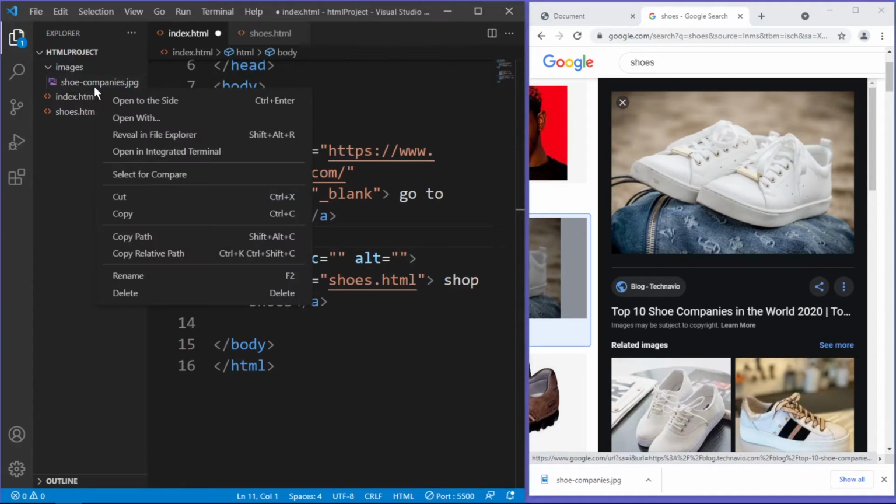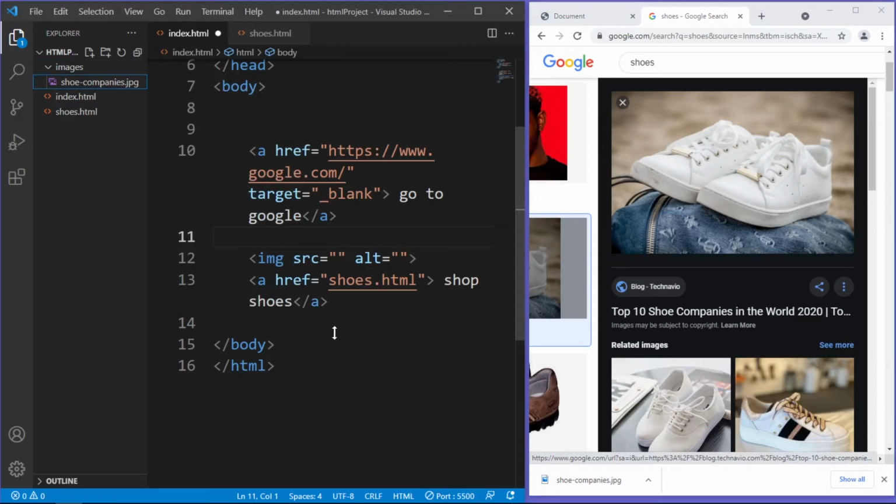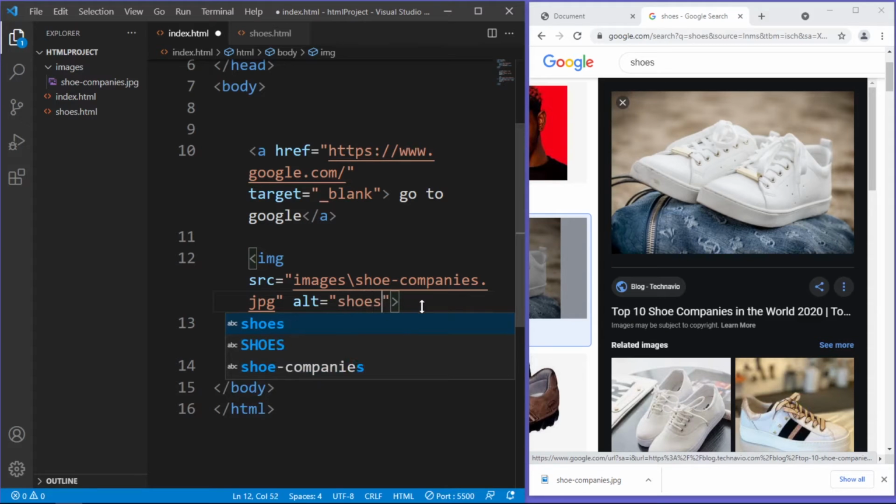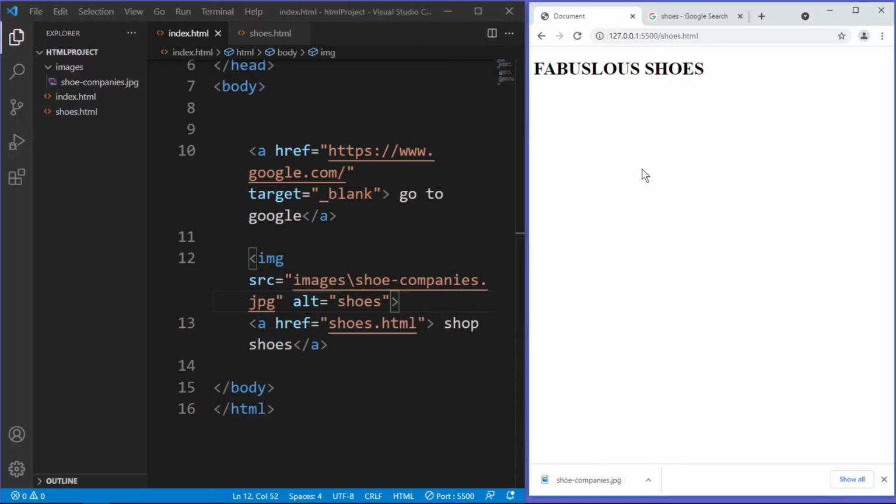Shoe companies. Copy the relative URL and paste it in here. Hit save, and I'm gonna give a text to the alt here as well. Shoes. Hit save. Go back to your site,